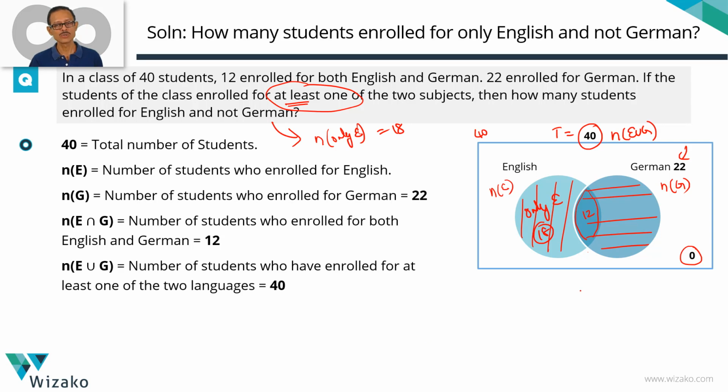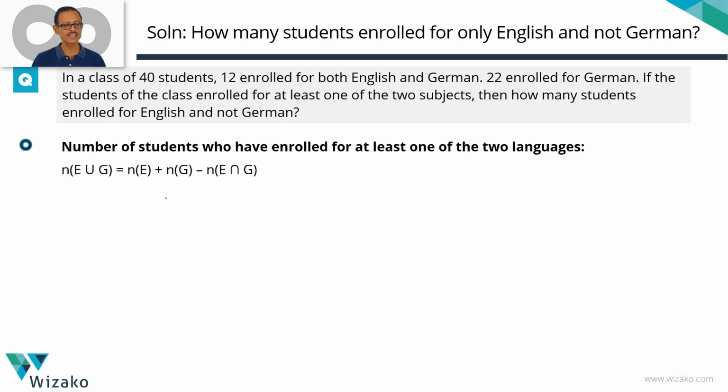That's the answer. So if you do the Venn diagram, this question should take you probably 30 seconds. It took us longer because I was just explaining a lot of these things. Once you're familiar, once you know how to solve this question, it's a 30-second question. We can also solve this in multiple ways depending upon which equation for N of A union B you're going to use. I'll go with the traditional one. We'll go with N of E union G equals N of E plus N of G minus N of E intersection G. What does this tell us?